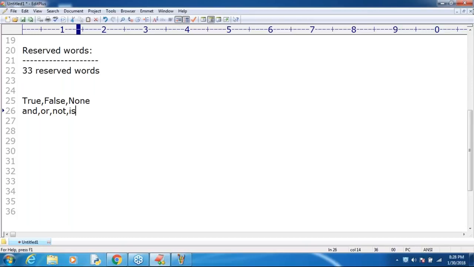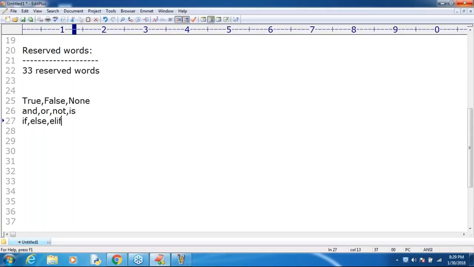Okay, what are the and, or, not, is operators? And operator, or operator, not operator. Next, is operator. Next, do you know what the next one is? From our childhood onwards, you know: if, else, and after that elif.